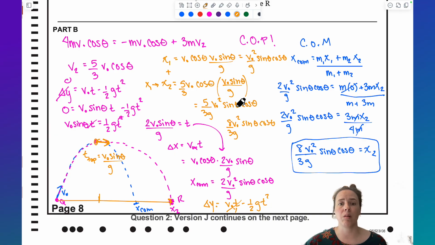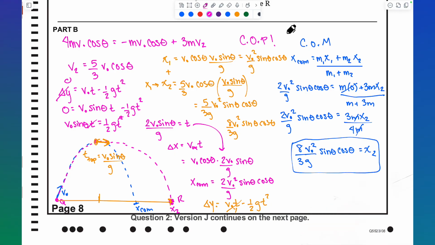So I get the same thing, whether I decided to split it into 2 separate projectile motion equations, or if I wanted to utilize the center of mass. The center of mass does not change what it wanted to do from its initial trajectory, okay? So that's actually how we're going to do our graph